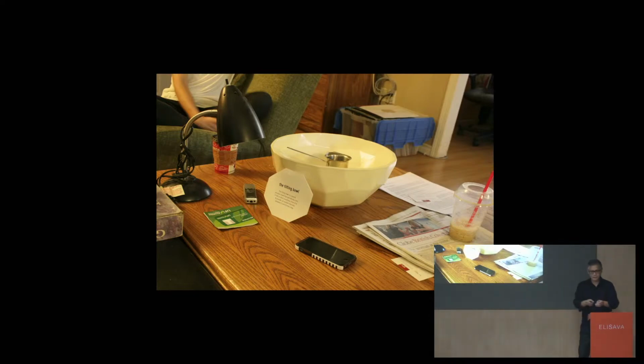So this is a photo from one of the studies in which 2 philosophers lived with the tilting bowl. And you can see inside the tilting bowl, there's a metal tin cup. And there's a piece of paper that leans up against it. This is what they called their tilting trap, because they wanted to know, would it tilt when we're not there? And if it does, how would we know? So the idea was that when the bowl tilts, they would hear it if they weren't in the room, or they would know because the piece of paper fell over. And so they thought, well, this was a good way to really reflect on what that experience was, even if we weren't there.